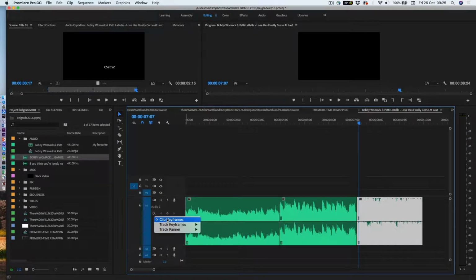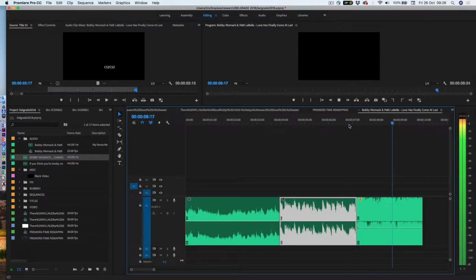So clip keyframes, track keyframes, and I can track pan as well. So first of all, we're just going to bring the level of this final clip down. So I want clip keyframes. So if I move this near enough to the beginning of the track and click this to add a keyframe, now I've got one point here, so I can click and drag this, and because there's only one point, it's going to affect the whole of the track. So if I move it down there, maybe that much, there is an indication of how many decibels I'm dropping that. So now hopefully the VU meters, yeah, so we're not hitting